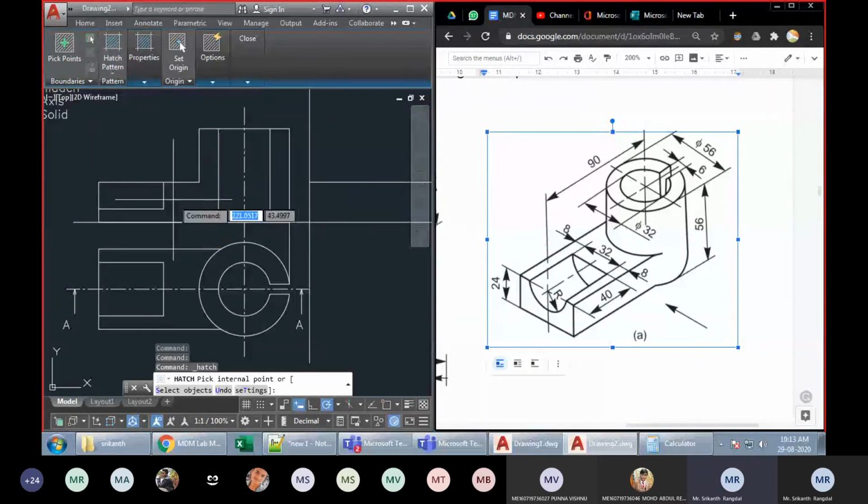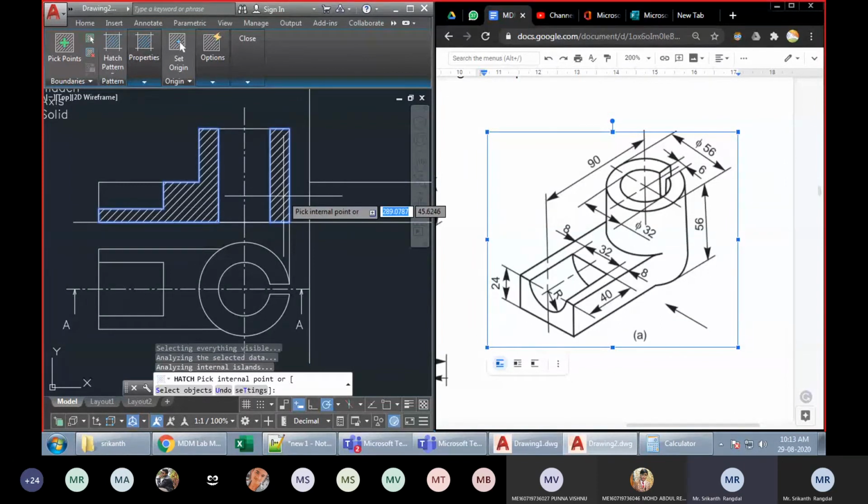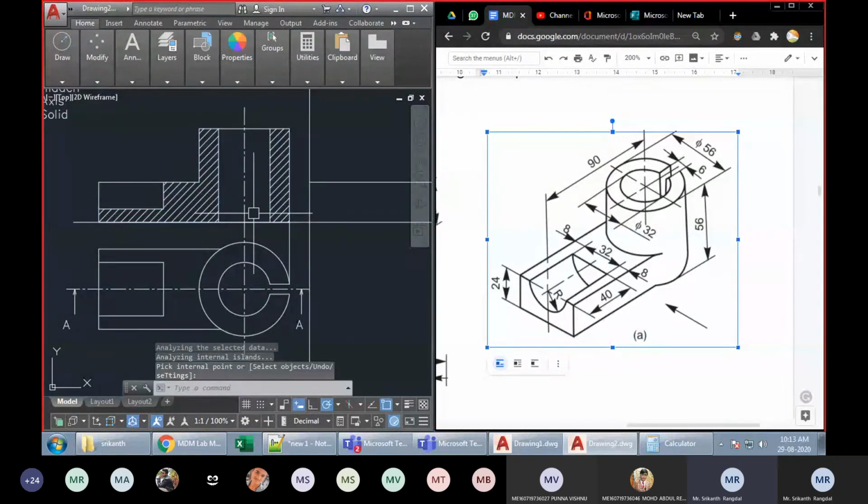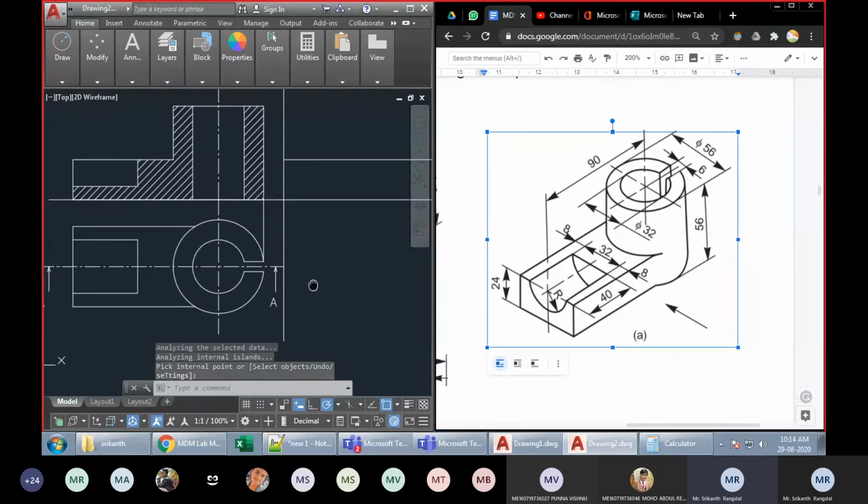So there are all kinds of conventions for different materials. I'm planning to make an MCQ test based on the conventions. Of course, the manual is there with you. You have to go through the manual, check out all the different conventions, and you should be able to answer the MCQ test. Fine. So I will provide you with the diagram and the 4 options. You have to choose the right option.